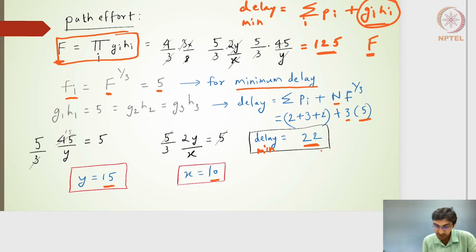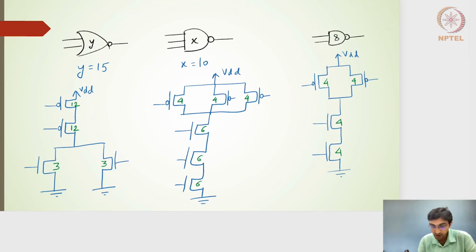Right, so the x and y values we can estimate, and they turn out to be 10 and 15 for achieving the minimum delay. So hope this is clear. If I know the values of x and y, x turns out to be 10, y turns out to be 15,